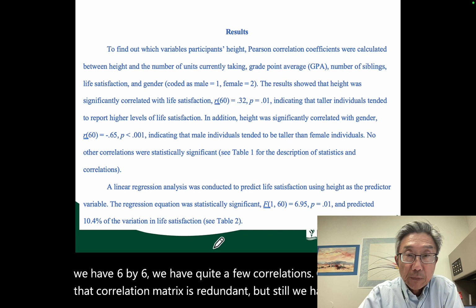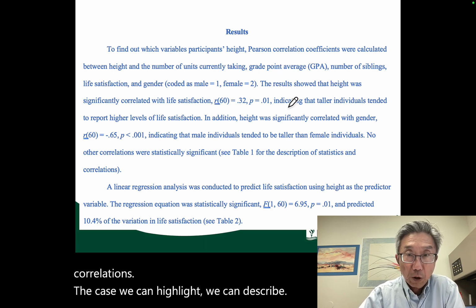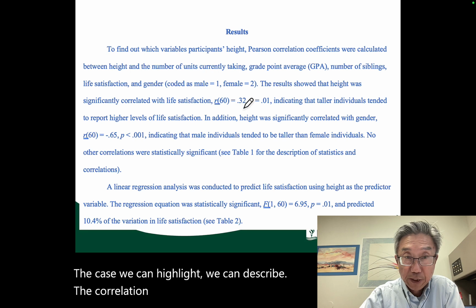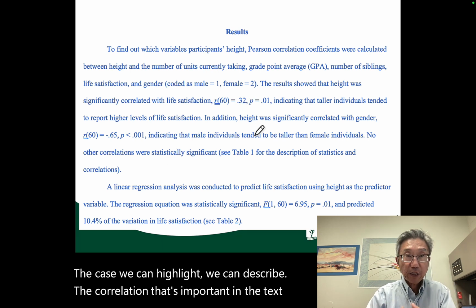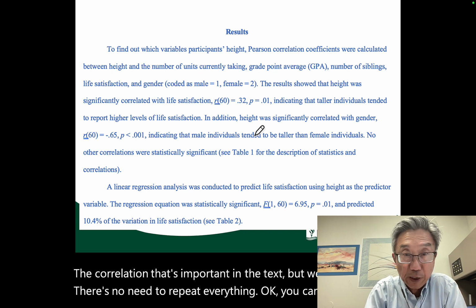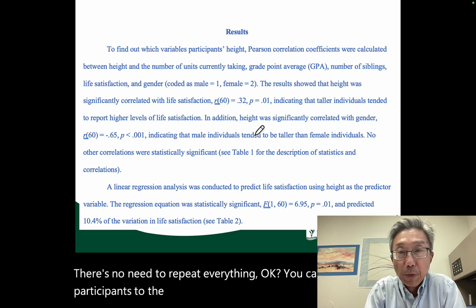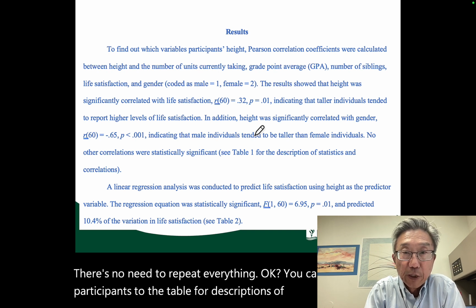In that case, we can describe the correlations that are important in the text, but there's no need to repeat everything. You can just refer the participants to the table for descriptive statistics and the correlation